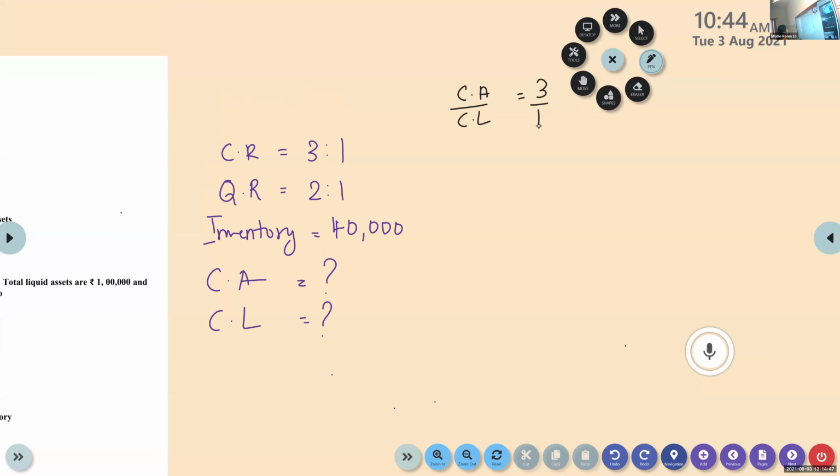Current asset is equal to, let me see, some problem somewhere. 1,20,000. Let us see. Okay. We'll do it together. Current ratio is equal to current asset by current liability. That is 3 is to...